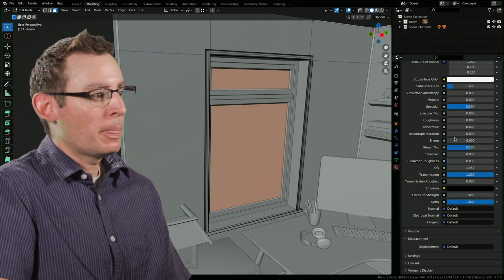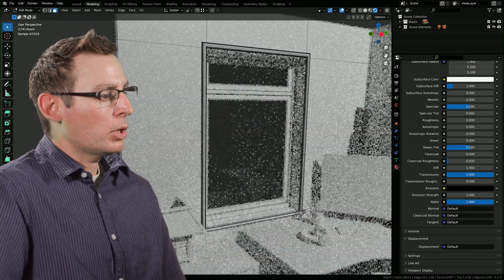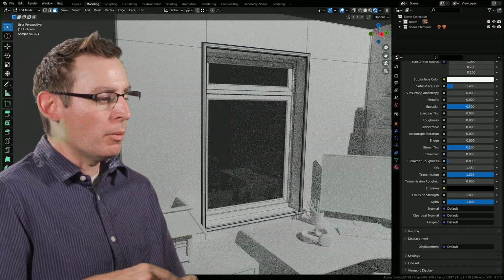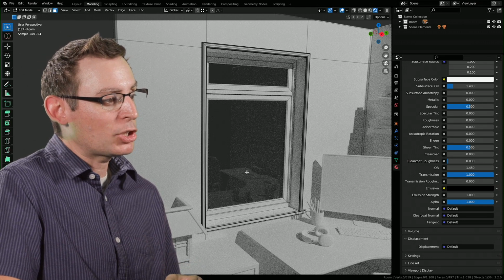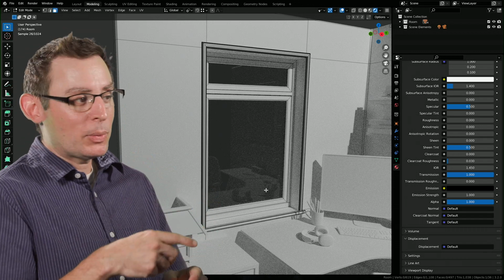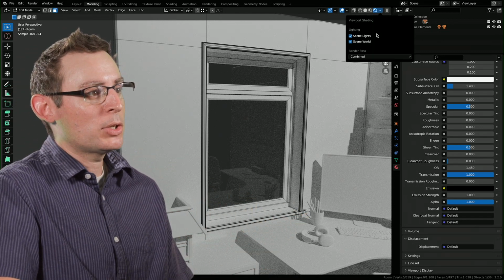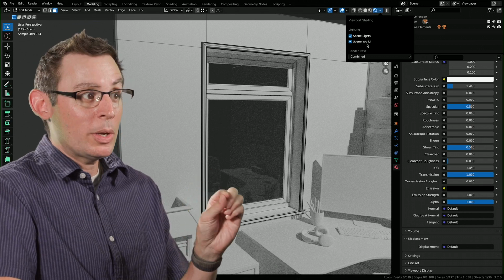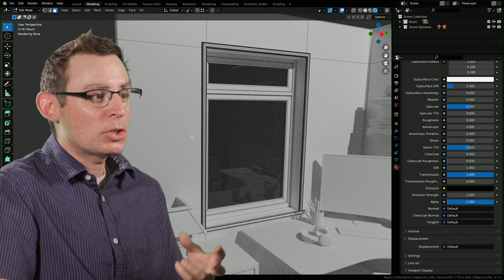And now if we jump back into our render preview mode, we're starting to see through the window. What's also really cool about this is that we can also see the reflections of the desktops in the window itself. It's dark outside the window because there's no environment in this space, right? If you look at the options here, we're actually showing the scene world environment. There's nothing in the background, so it's just gone gray.